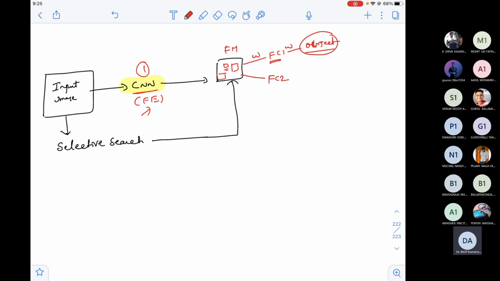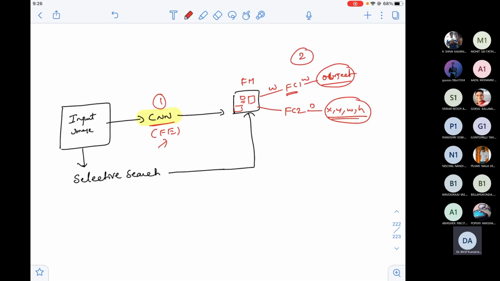Again, I'll have one more fully connected layer. You can have one more or two more, it's up to you. I'm just giving a glance. Here it will predict x, y, w, h of the proposed box. Sir, I already know the proposed box coordinates, so why is it predicting? It is not telling the proposed box coordinates. It is telling how to adjust this box in such a way that it covers the entire object. These are the adjustments or the appropriate box sizes. This is the second difference.